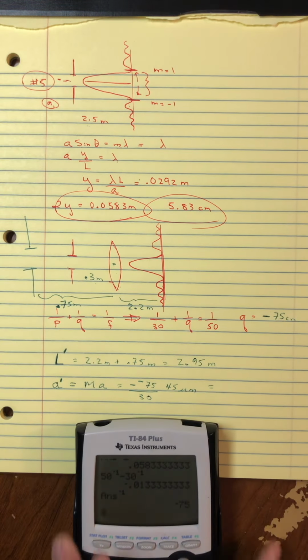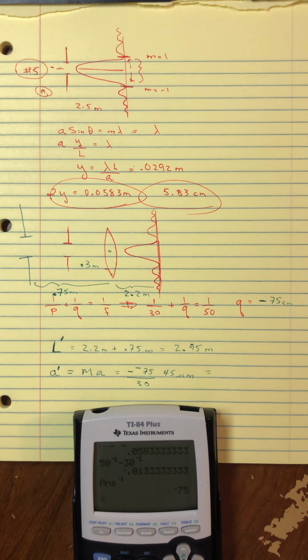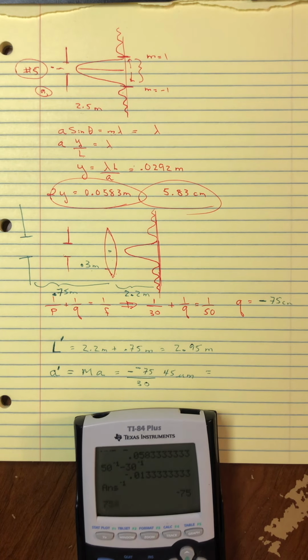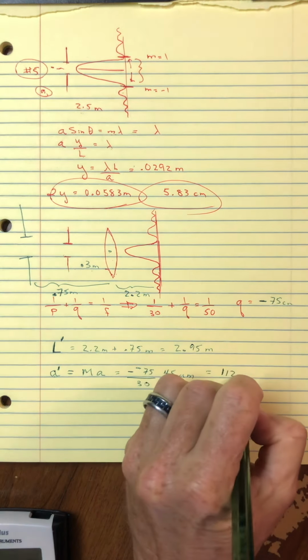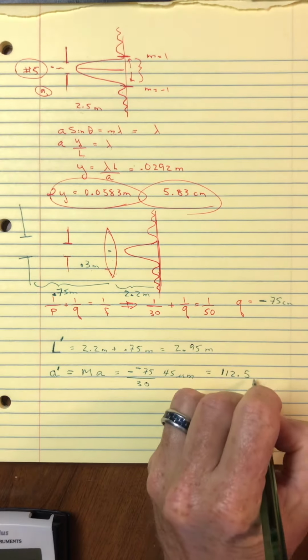All right, so grabbing my calculator, I've got the 75 divided by 30. So that's 2.5. And so the slit looks 2.5 times bigger. So it's further away and 2.5 times bigger. So less spreading because it's bigger, but more spreading because it's got a farther distance to travel. But let me take that 2.5 and multiply by the 45. And so that is 112.5